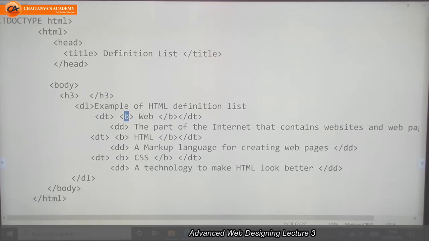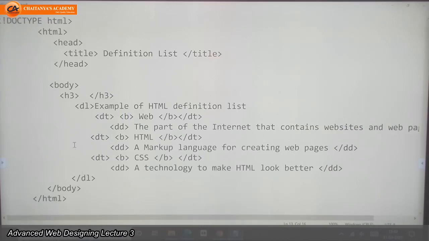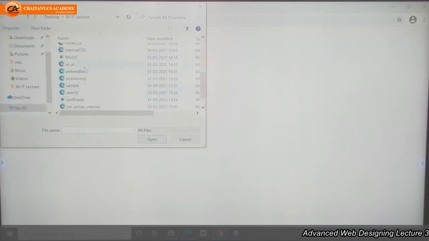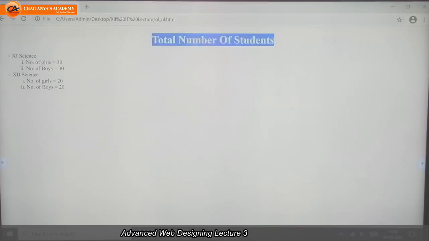Next, we will see nested list. In nested list, nested means what? If we want to display the data one by one list, we'll check the output first. See here, I displayed total number of students as heading.